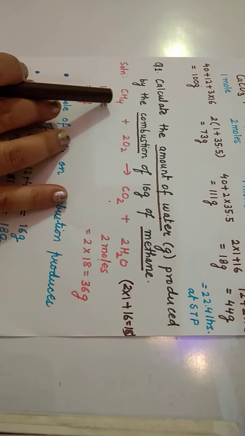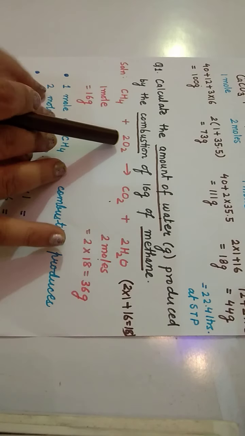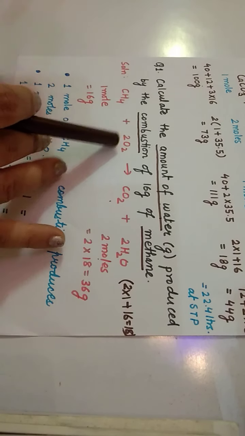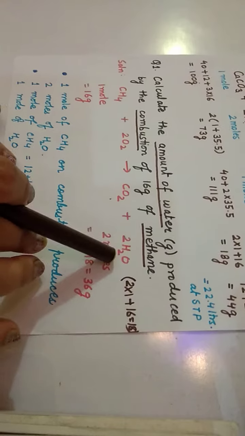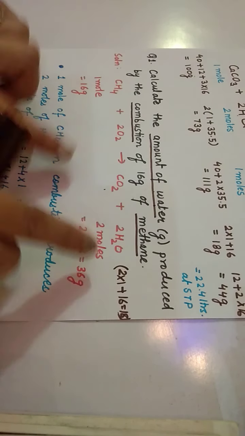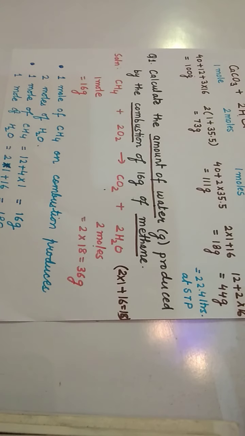So in this way we got to know that methane on combustion with oxygen, that is burning in presence of oxygen, will give carbon dioxide and water. Now children, we got this. After this you are going to balance it. Balancing, you all know, you have done in class 10th.